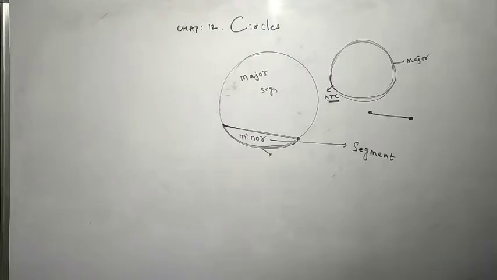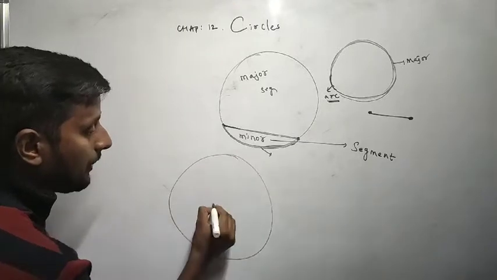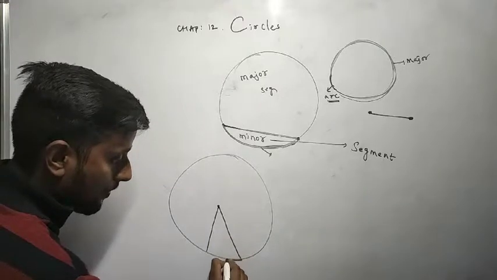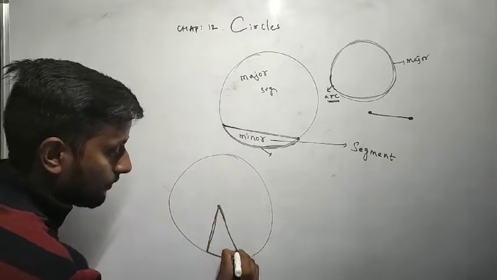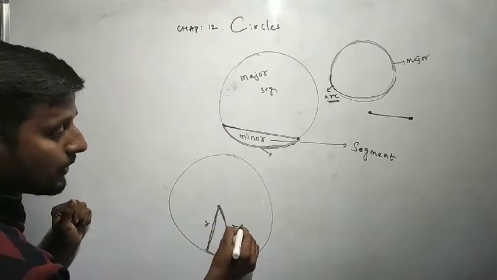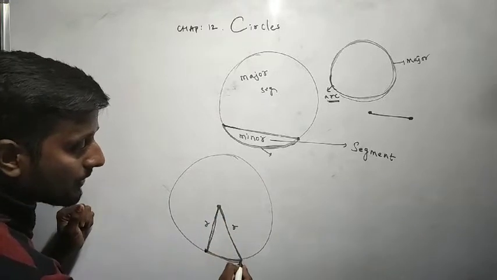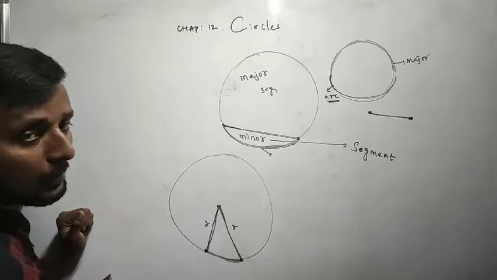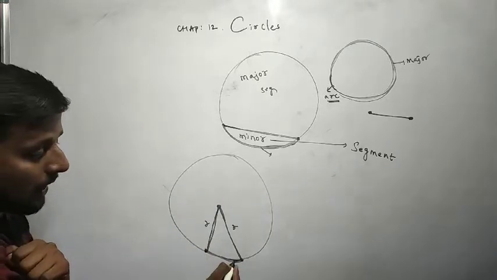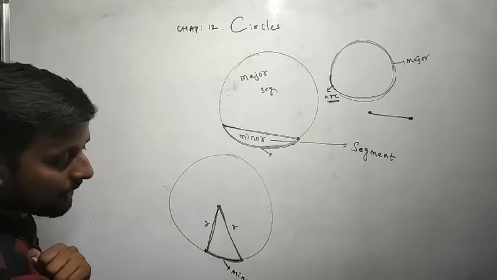In the same way, let us define a sector. Take the circle and the center. Now it's a sector, right? It has a radius, and another radius, because the distance from the center to any point on the circle is a radius, and it has an arc. Again for clarification, it is a minor arc, correct?